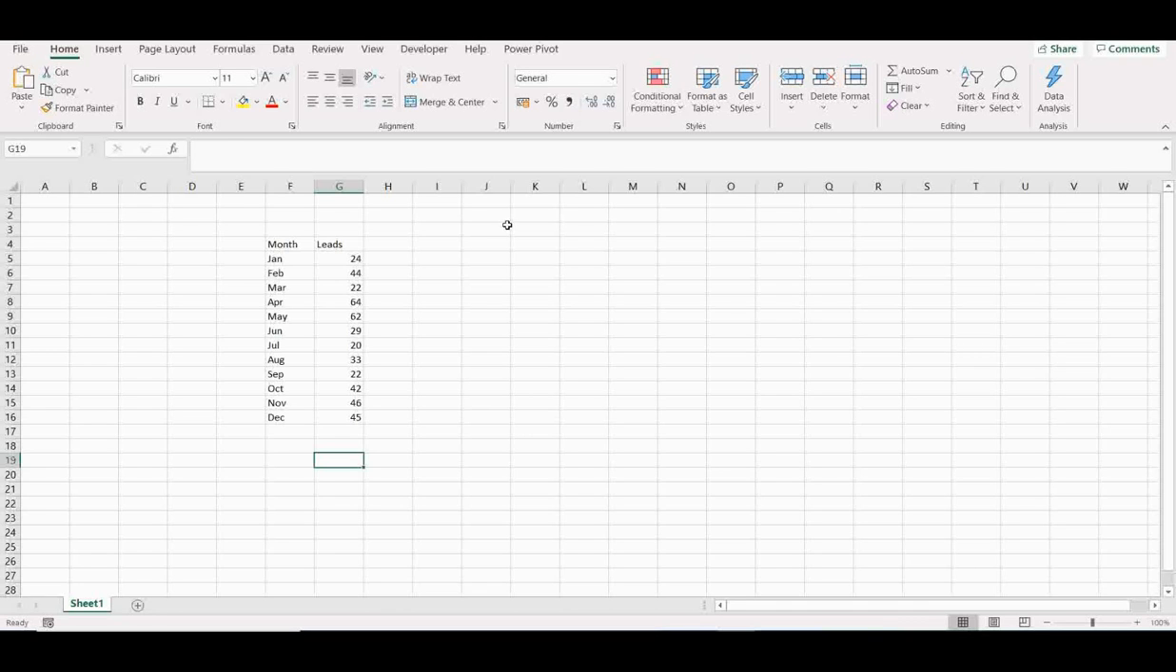For that we have a set of data with us. We have months from January to December. We have a certain number of leads for each month, and for that we are going to create a line chart. Before creating a line chart, you need to select the data for which you need to have that line chart. So this is our data. We need to select it. Select the data,